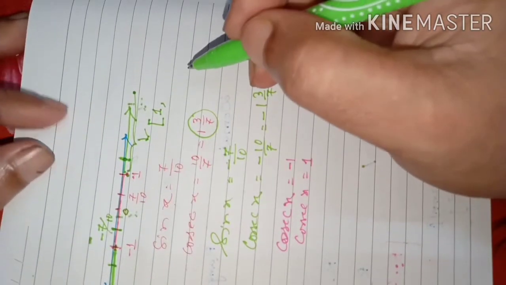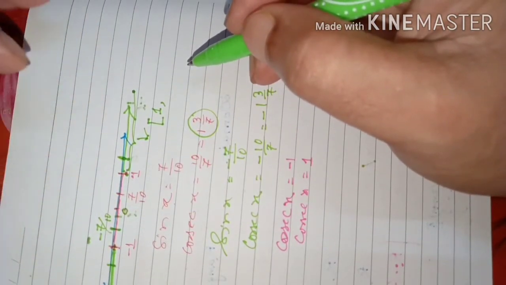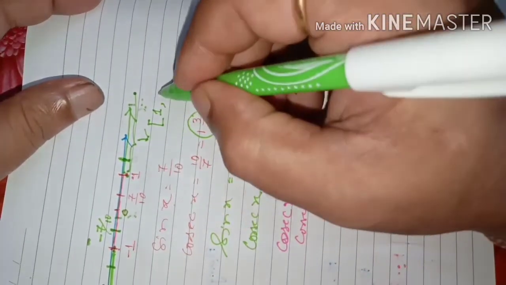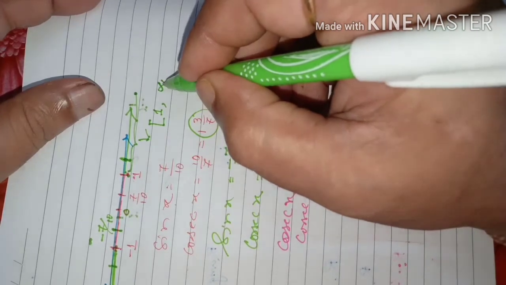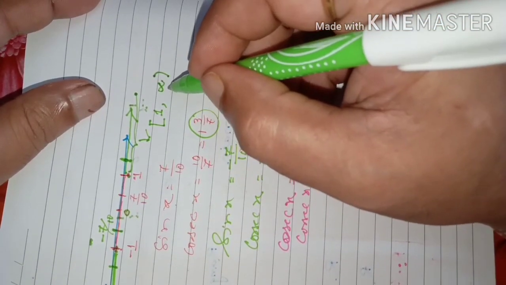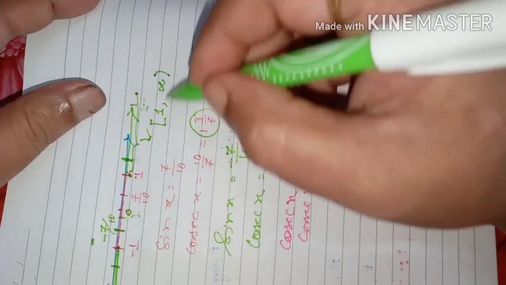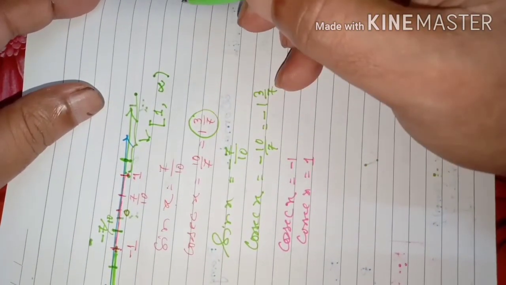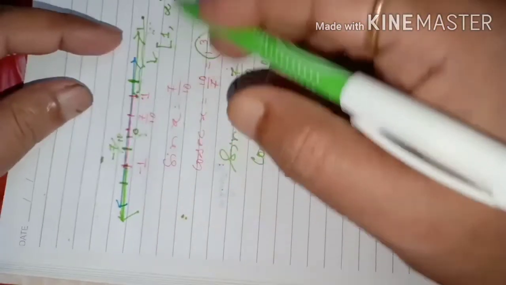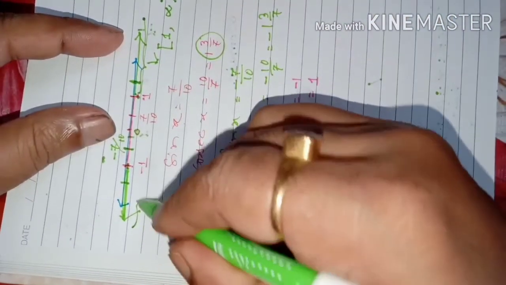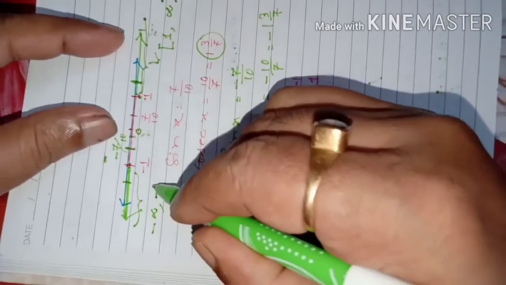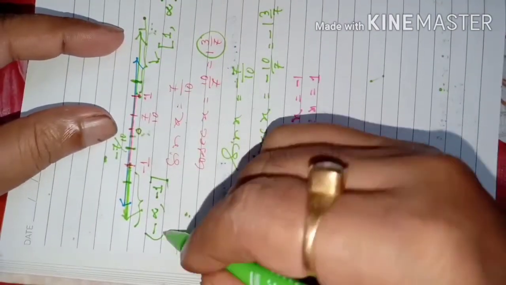I have shown you how to write the set of points in intervals. 1 comma infinity. Infinity is not a number, that's why we need to keep an open bracket here, because it is not telling about a number. It is just an idea of how far you can go. You can go to any distance far from here, the right hand side of 1. And this part we can say as -infinity to -1. Here -1 is included, so it will be closed, and this will be open.